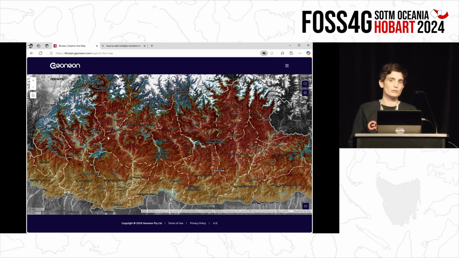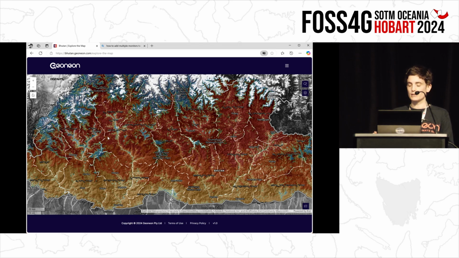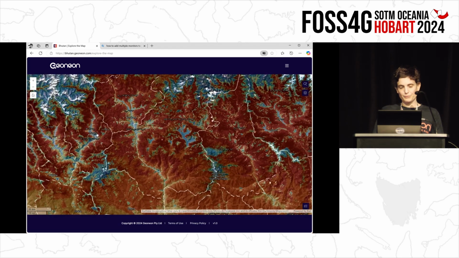For those who live in Greater Hobart, maybe you have been aware of the one we did for Greater Hobart. This is a bit similar, but for the whole country this time. It's not only 2,000 square kilometers. This is the whole country, which is actually smaller than Tasmania. And if we go to Thimphu, which is the capital,